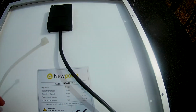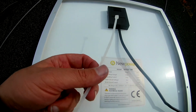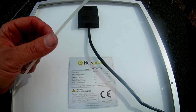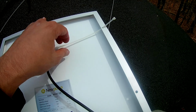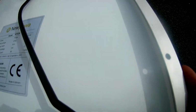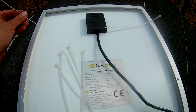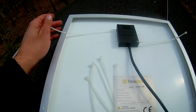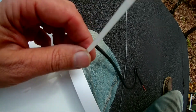Okay, I didn't get any loops or anything to hook it onto the wires, but I did bring these along. Zip ties, the most amazing invention of the 21st century. And I believe here I can fit these zip ties through these holes, and okay, let me populate the four corners here with the zip ties, and I'll use these zip ties to fasten it to these wires so the wind doesn't blow it off,